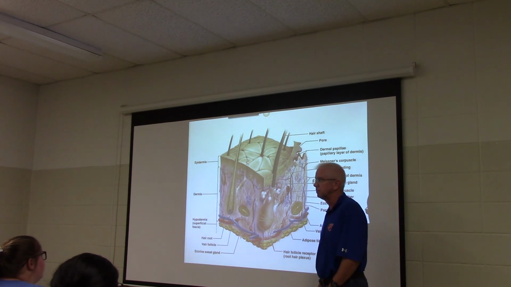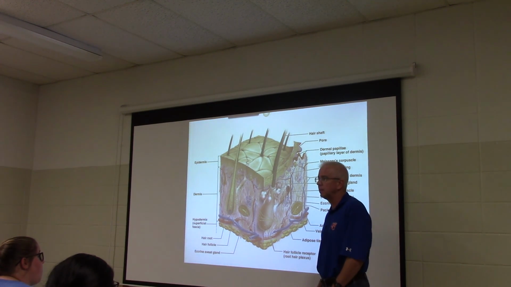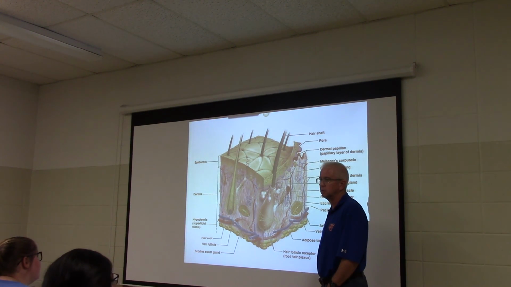What would the next layer be? Would there be any blood vessels there? Not in the epidermis. Would there be any nervous system there? Avascular and innervated. Yeah. We're going to find free nerve endings there. I'll point those out to you. And we're going to find Merkel discs in the basal layer of the epidermis. So yes, nervous system will be there. What will be the next layer down? Dermis. And what will it look like histologically? It's going to be